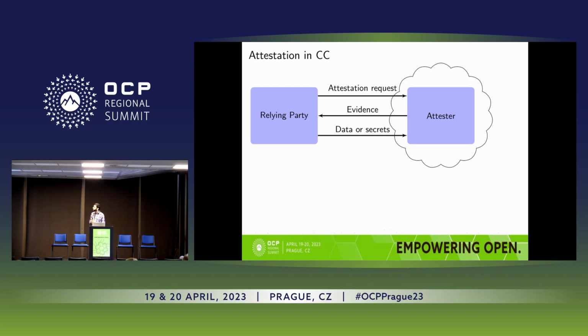If you are not familiar with attestation at all, just think of it as a border control pass that somebody is going to pass through. We prove our identity: I'm this person, this is my passport, this is my visa. Then the border control officer scans your passport and evaluates that it is legitimate and not forged.